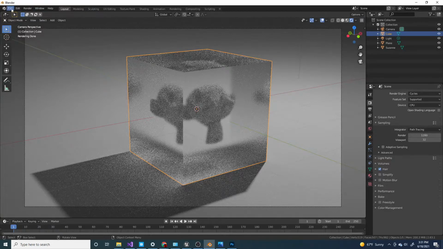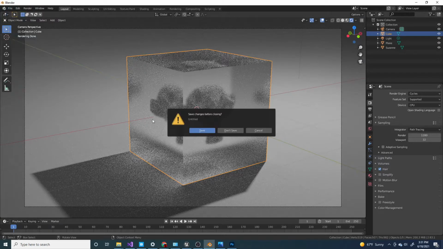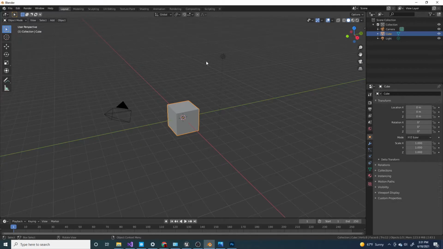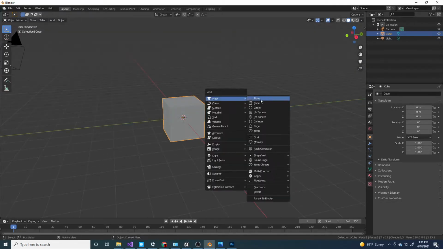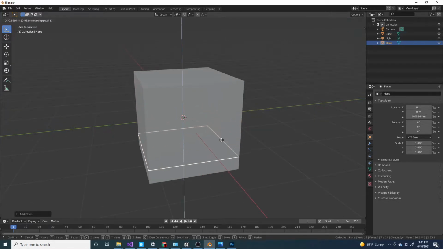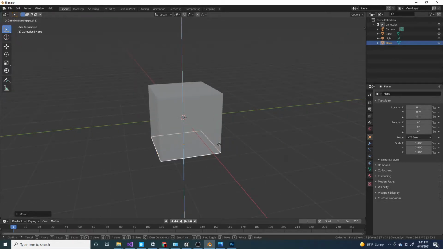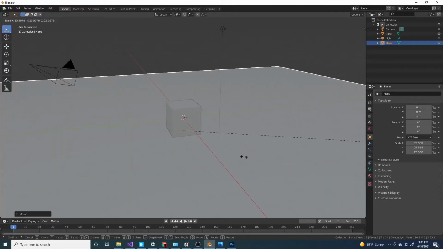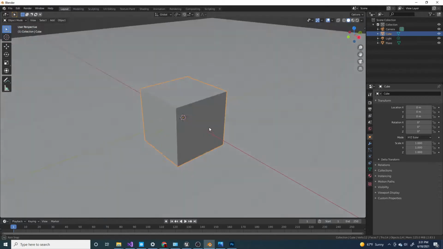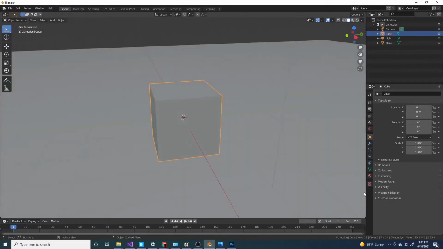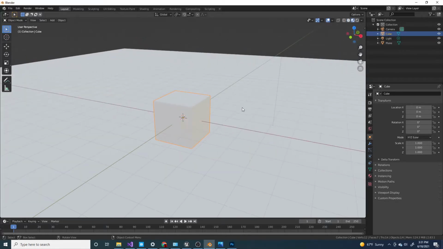So I'm going to make a new file. And the first thing I'm going to do is press Shift A and add in a plane and move it on the Z-axis -1, by pressing G, Z, and -1, and then scale it up like that. And now to make the glass shader, I'm first going to go into the material preview mode,